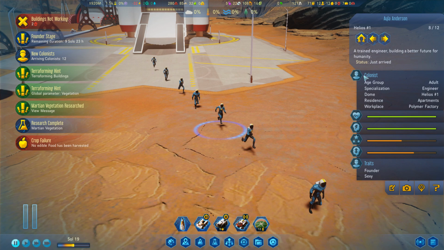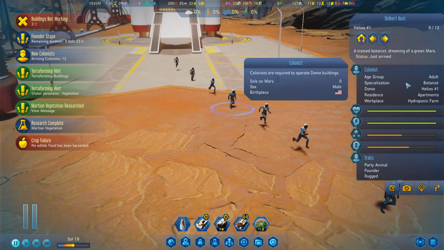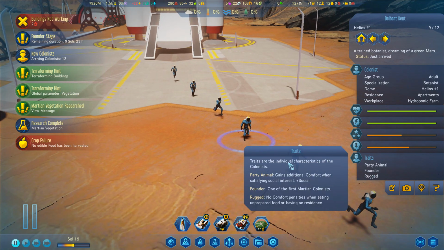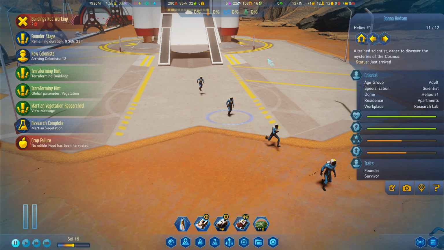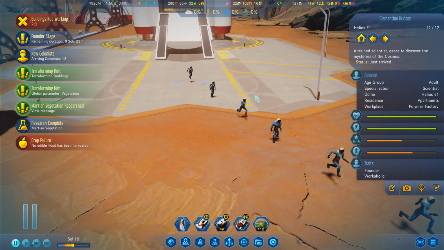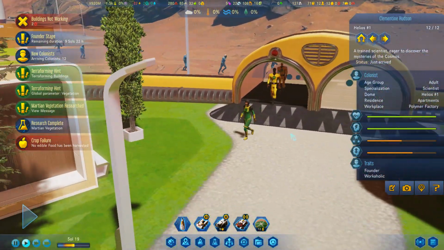All right, so Isla Anderson, she is also sexy founder. Of course, someone named Isla is sexy. Reminds me of Chrono Trigger. Delbert Kent, party animal, founder, and rugged. Irma Jamal, enthusiast, founder, and sexy. Okay. Founder, survivor, so Donna Hudson. And then finally, Clementine Hudson. She's a workaholic. So our first colonists stepping through